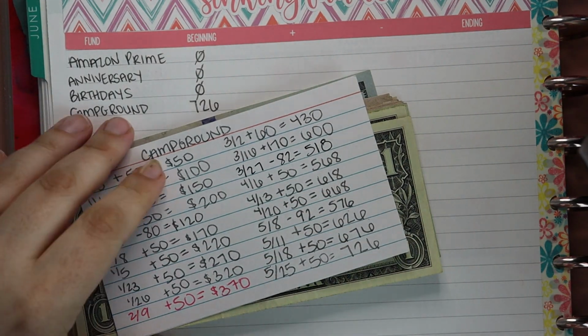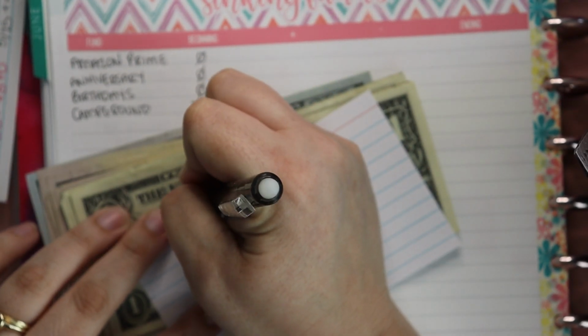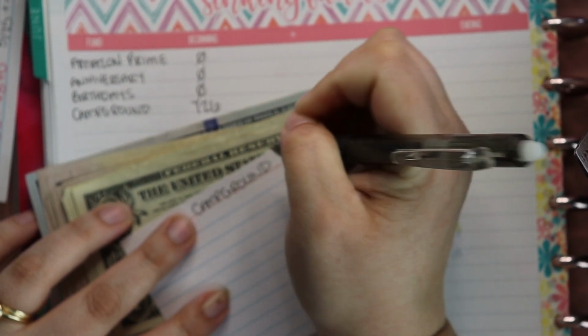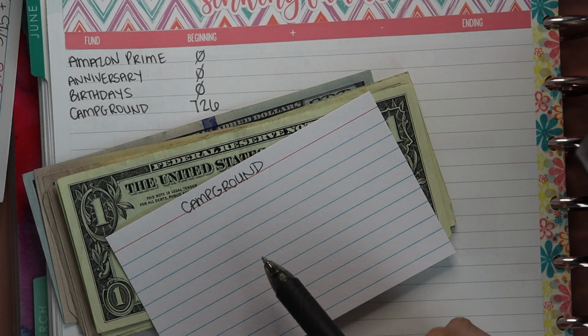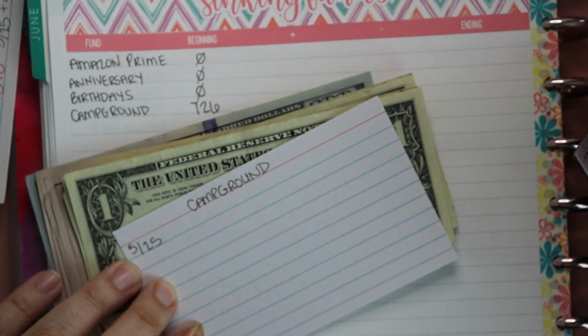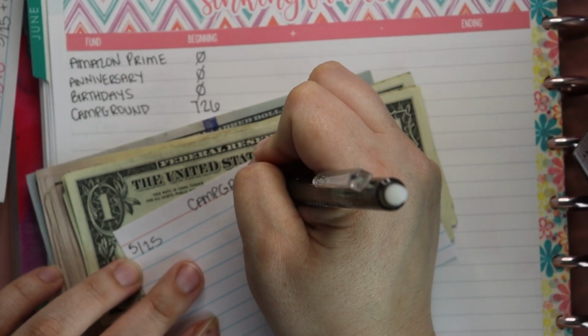And all that I do is I just write the name of the fund across the top. There's no reason to have super fancy designed tracking cards. I just like to use these super affordable index cards. So the last date I have here is 5/25, and we had added $50 to bring it to